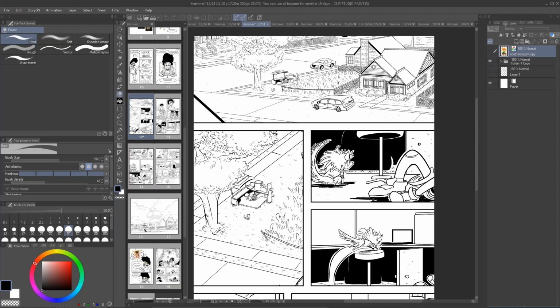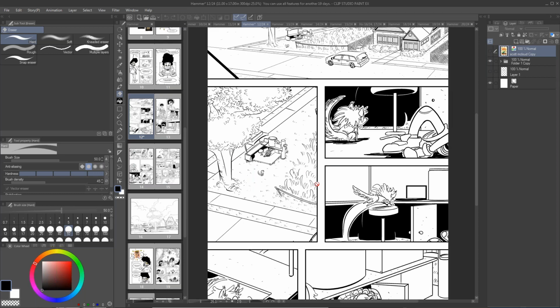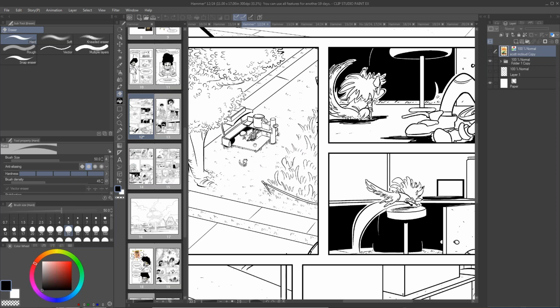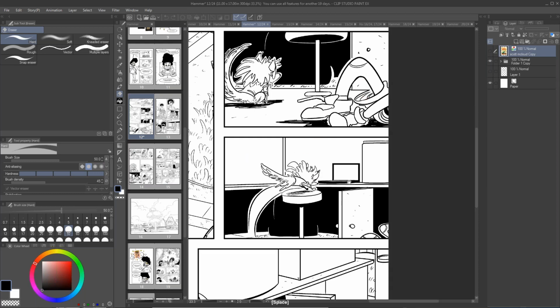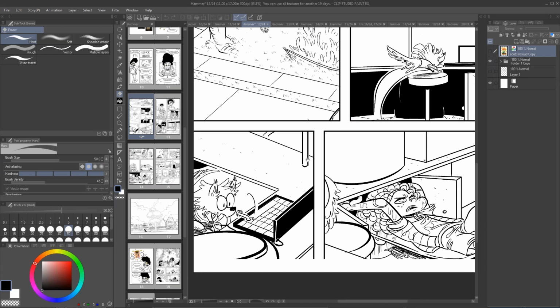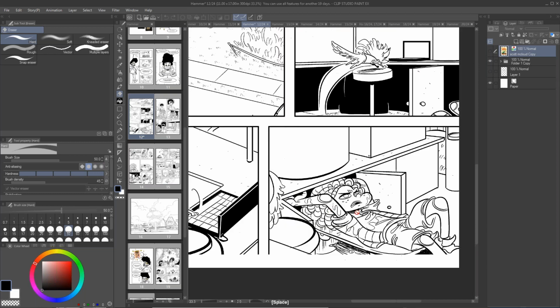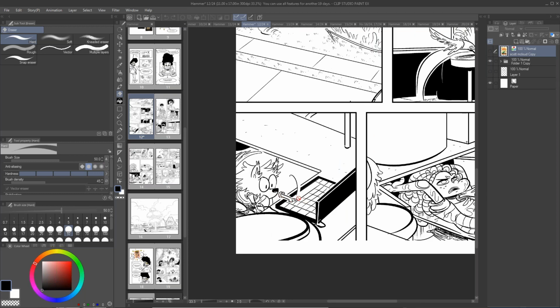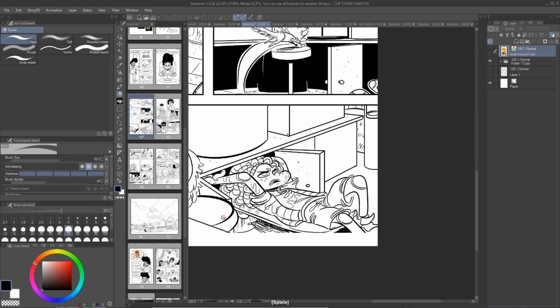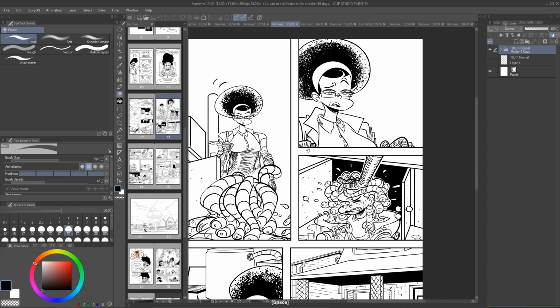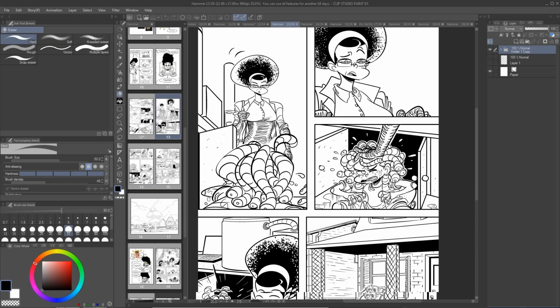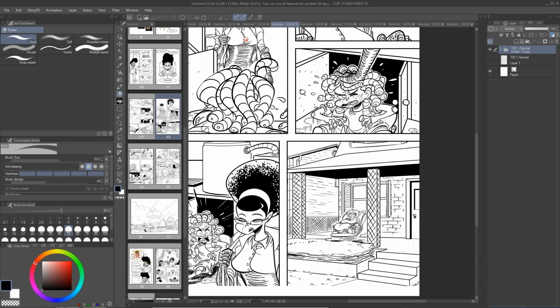One of the things that he talks about inside of that book is leading the eye and how you can do that. I am still getting better at it, but as you can see, everything is kind of moving towards this one panel. His feet are moving towards that panel, he's jumping that way, but he's coming from this area, and it leads, you see how his paw is hitting a button on this panel, but it's facing this way, and it leads to this. They're just small things that you can do throughout every single page. Even when you're a letterer, you can have it flow from bubble to bubble.